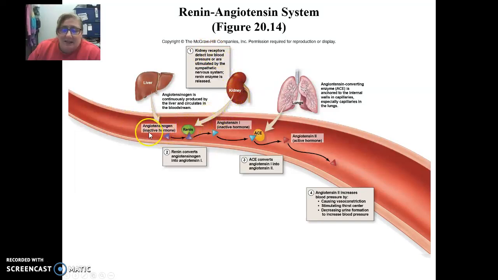Renin and angiotensinogen interact, producing angiotensin 1. Angiotensin 1 moves in the blood to the pulmonary system, and in the lungs, ACE is going to convert angiotensin 1 to angiotensin 2. Angiotensin 2 is then going to increase the blood pressure by these different activities. So vasoconstriction, influencing our thirst, decreasing the amount of urine we produce, as well as activating aldosterone and antidiuretic hormone